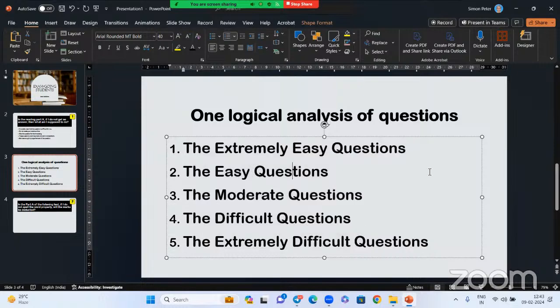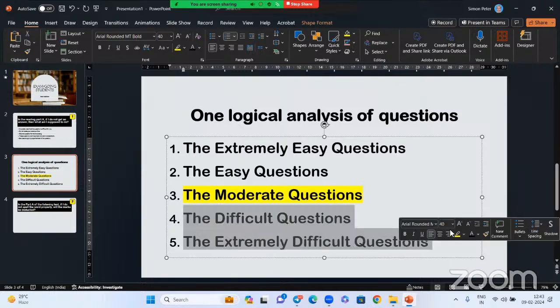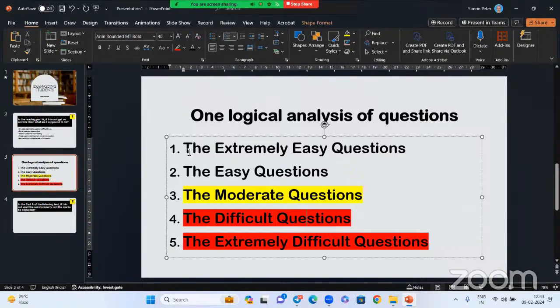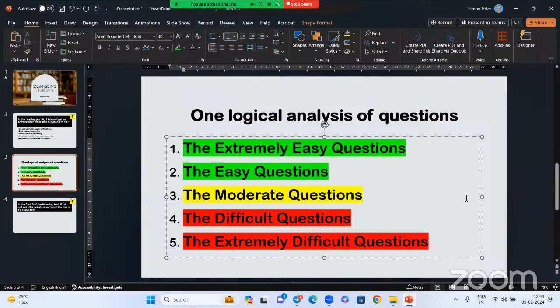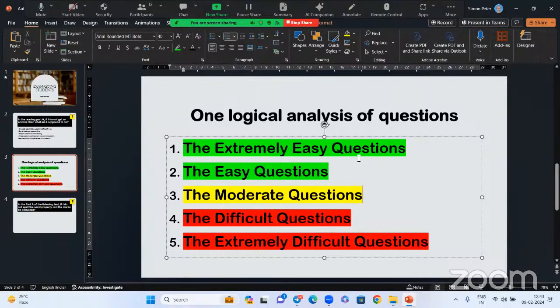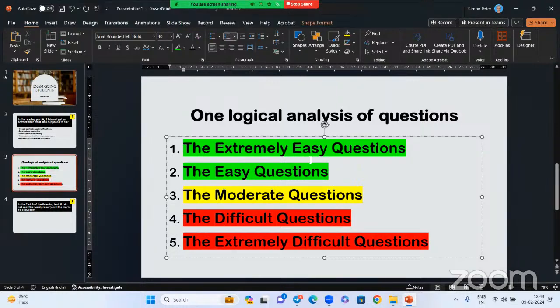No doubt regarding this. So now let me tell you one thing. These fall into three different categories: the easy, the moderate, and the difficult questions. This is the danger zone, and this is the easy zone. These are the three zones, you can say. The extremely easy questions, you can just answer immediately on the spot. You will not waste a single second for this.